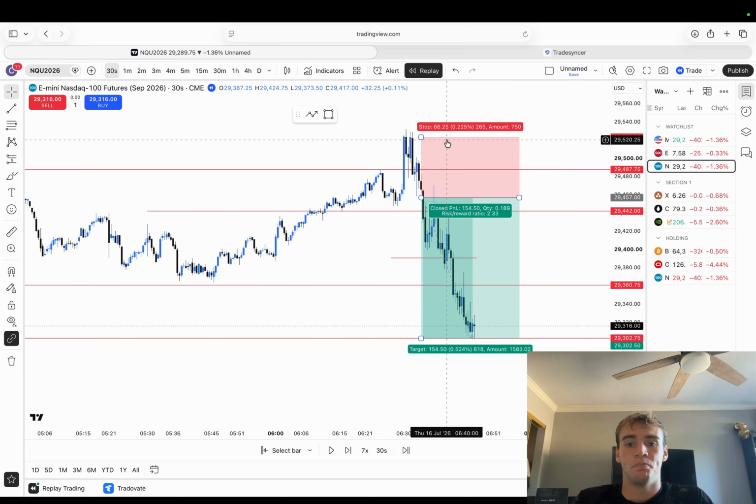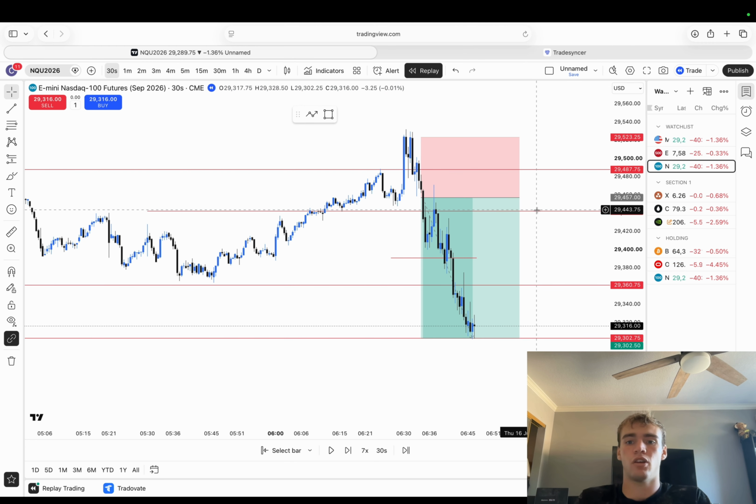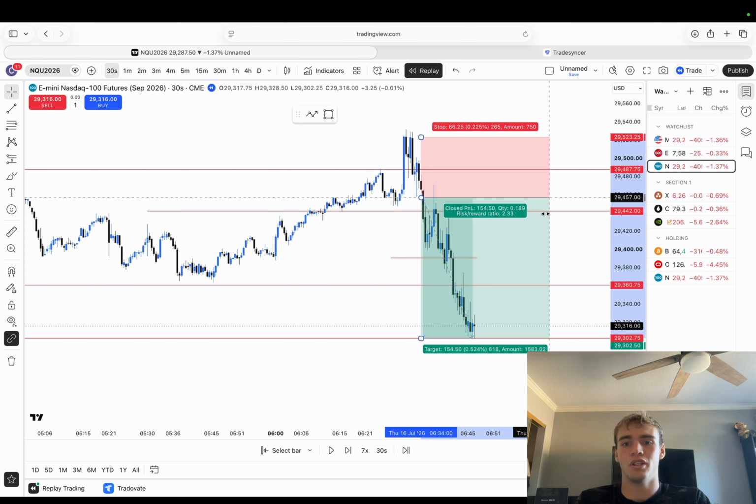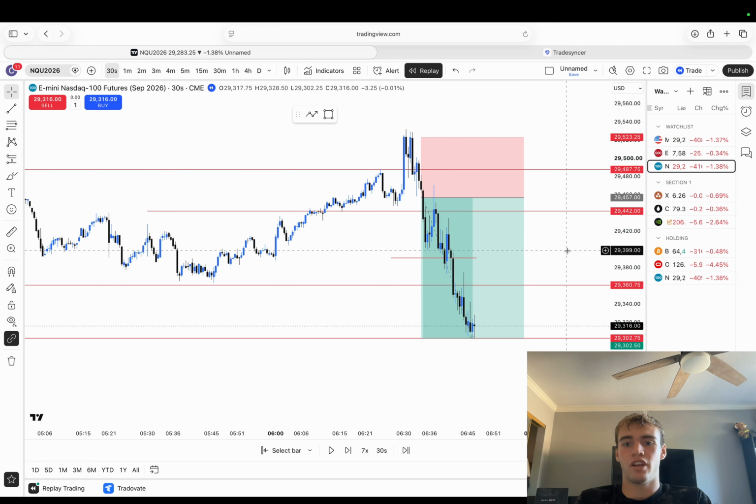It's just summer price action. Hopefully in the next few months I'll be able to move away from going break even so fast and be able to take some good trades like this, because